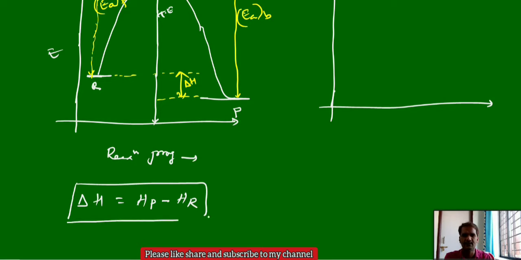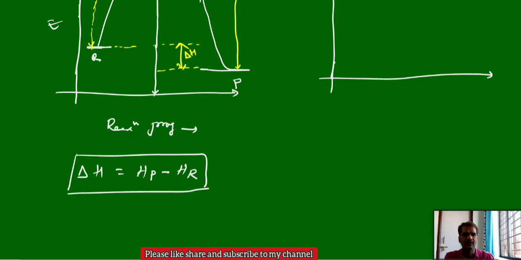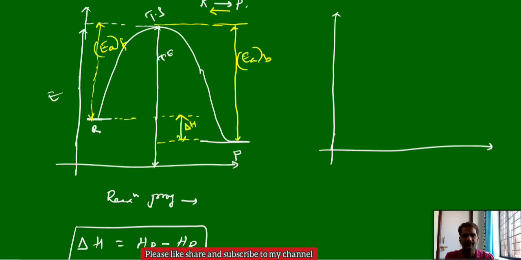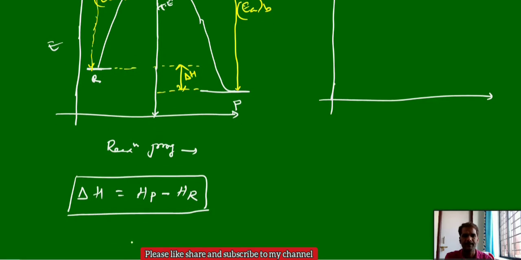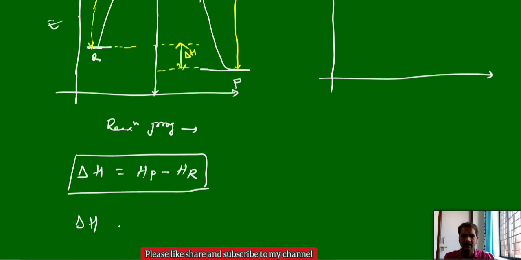Already we have discussed this in the time of thermochemistry, and we can derive one more formula. So how can we calculate this delta H? See this diagram, this is the energy of activation backward and energy of activation forward. Forward minus backward, again you take the difference, you will get enthalpy change here. So in this reaction delta H is equal to activation energy of forward minus activation energy of backward.